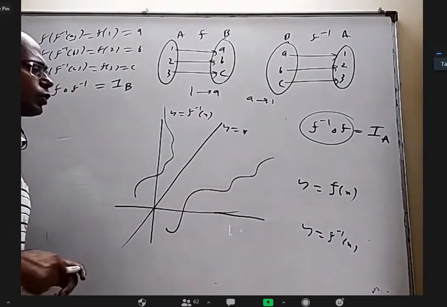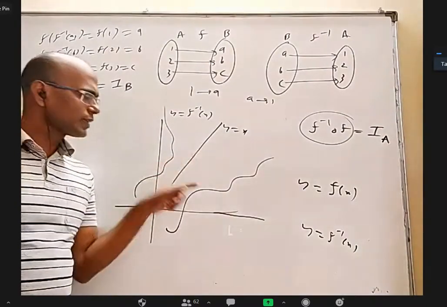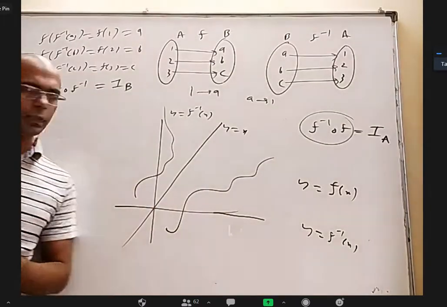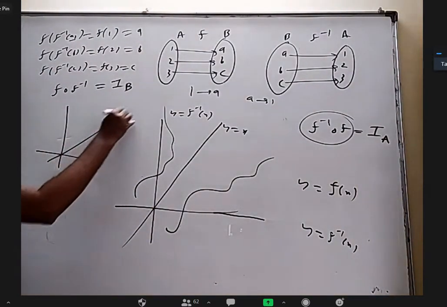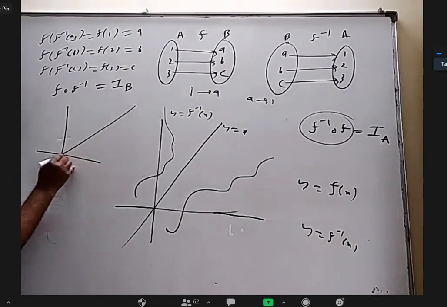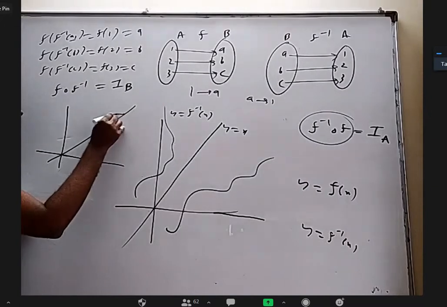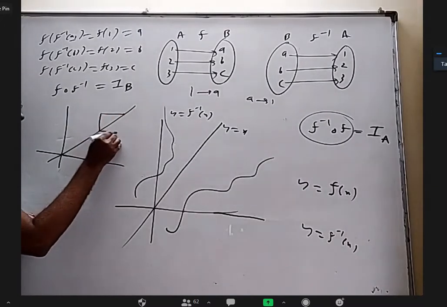Okay. So with respect to y equal to x, the image of a comma b will be b comma a. How to prove that? You can use the image formula, but I can just show you from the figure. This is the y equal to x, 45 degrees line. You take any point and draw like this.